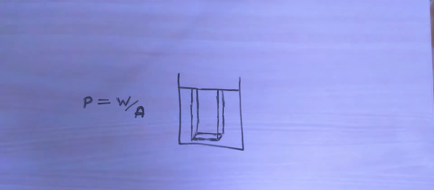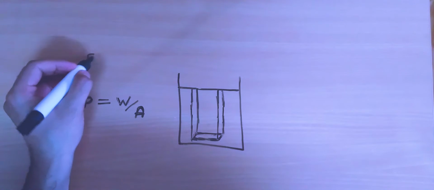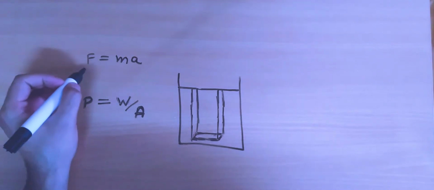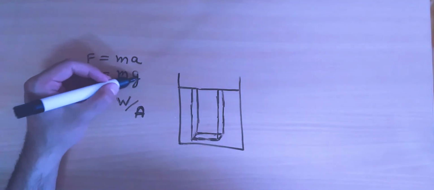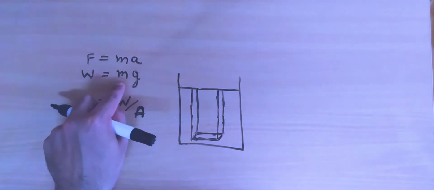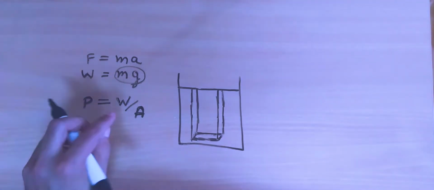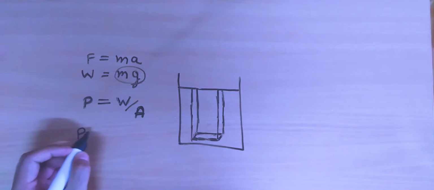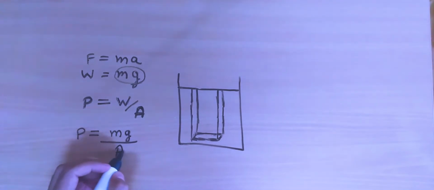Now what is the weight of water? Well, we know that the weight of any object is simply a force, and we know that force equals mass times acceleration. So weight, which is a force, should be equal to mass times acceleration in this direction. What is the acceleration in this direction? Well, this is the acceleration due to gravity, denoted by the letter g. So we know that the weight of any object is equal to mg, mass times gravitational acceleration. So we may substitute this quantity instead of writing weight. So we may write this as pressure equals mg divided by the area that we've chosen.